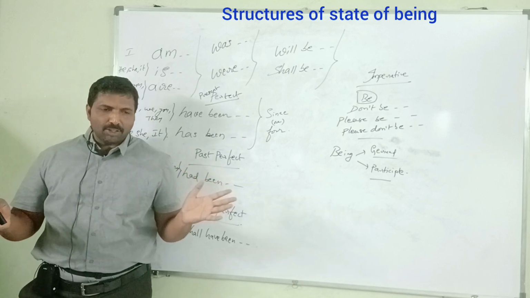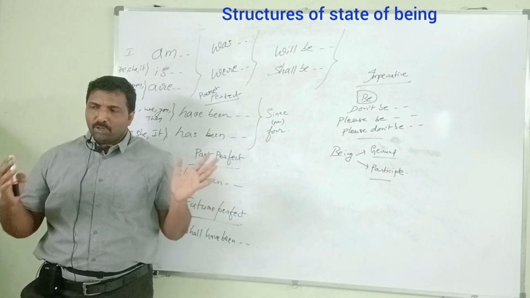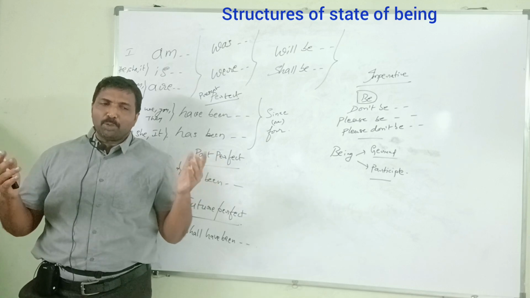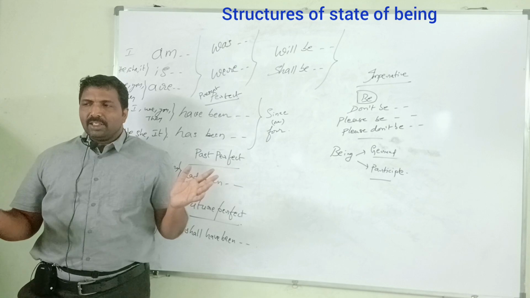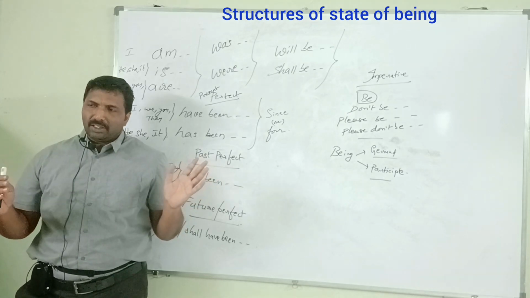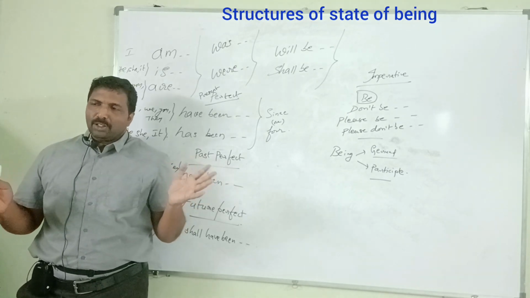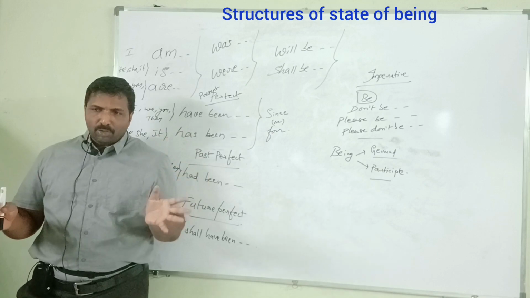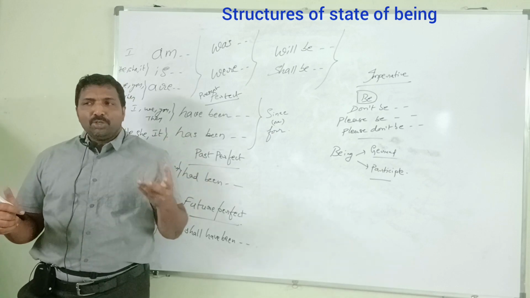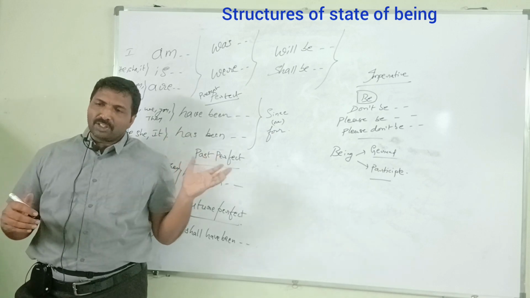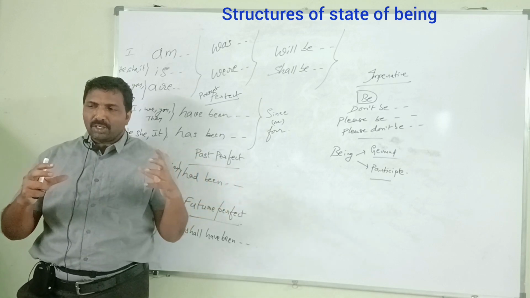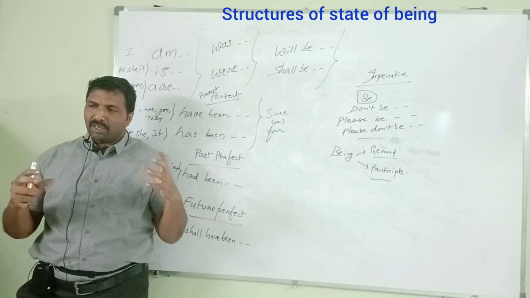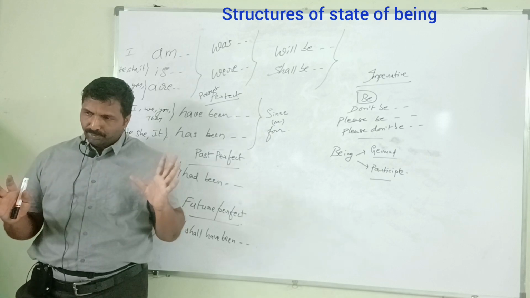Coming to simple present state of being. I, he, she, it was; you, they were. Coming to simple past state of being. For all, I, he, she, it, you, they, will be or shall be can be state of being verbs in three structures. We had the discussion. Why to use structures? We also had discussion on why to use those structures in the second class for beginners.